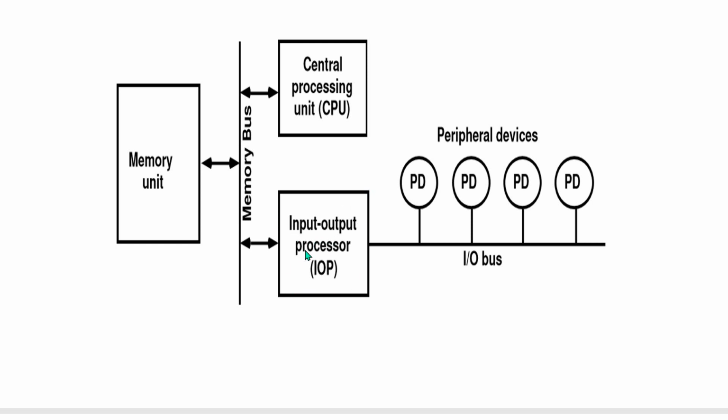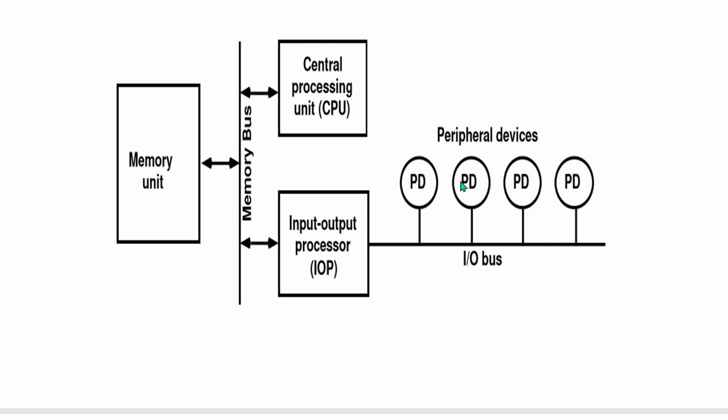The channel acts as a controller also. Here, the input-output processor acts as a slave whenever the central processing unit acts as a master. In some computers, the central processing unit acts as a master and the other processors act as slaves. Initially, the central processing unit sends some commands to the input-output processor. After receiving those commands, this IOP independently acts as a processor which processes the data inside. With the help of this processor, we can perform arithmetic operations and branching instructions also.